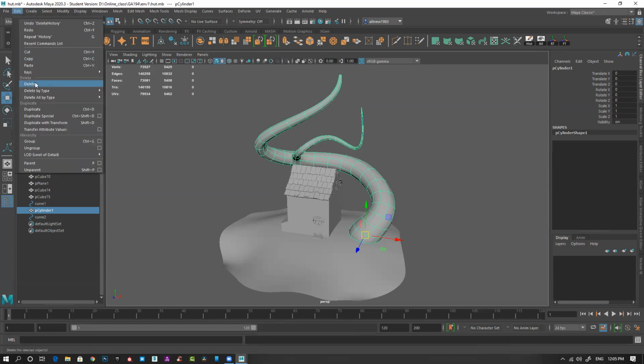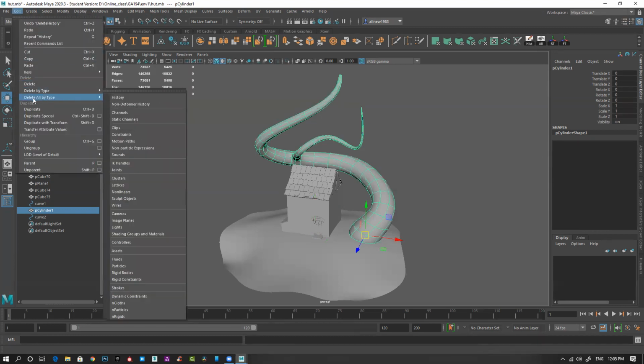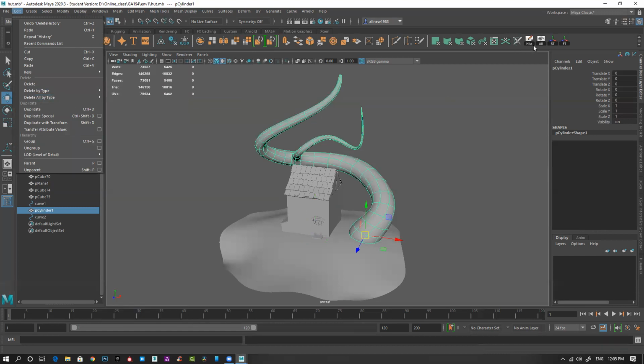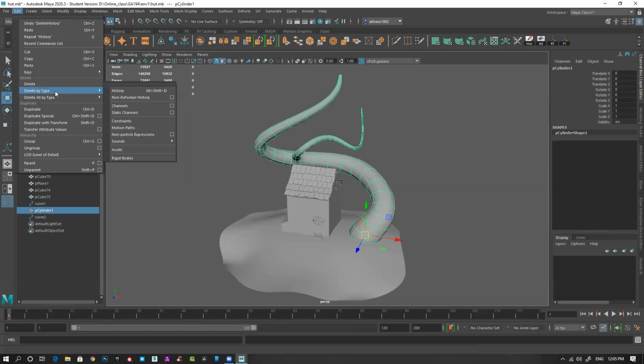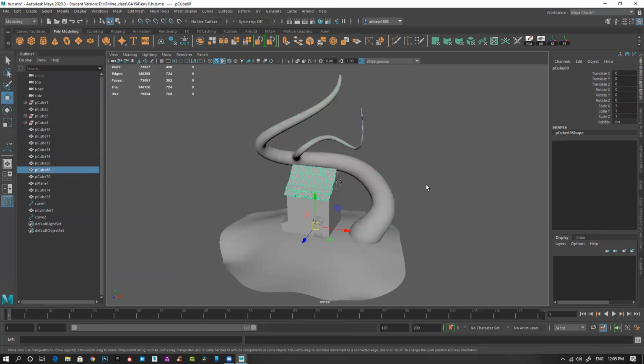If you want to delete everything, you can go here, History, Delete All by Type. This will delete history for the entire mesh, everything you have in your scene. Delete by type, this also you can manipulate. So whatever I'm selecting, I'm just deleting that one. I'm not deleting everything.